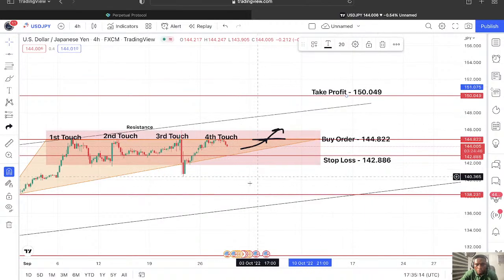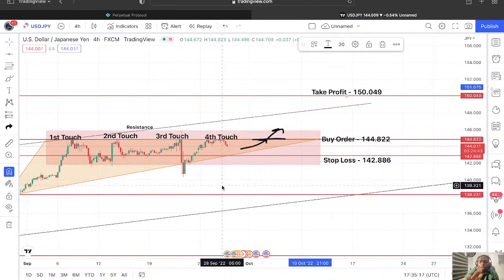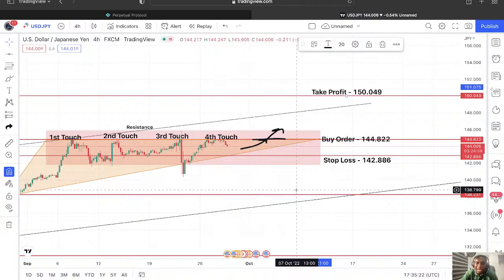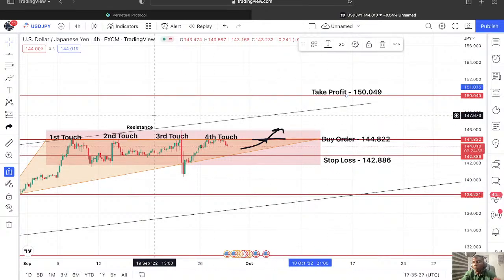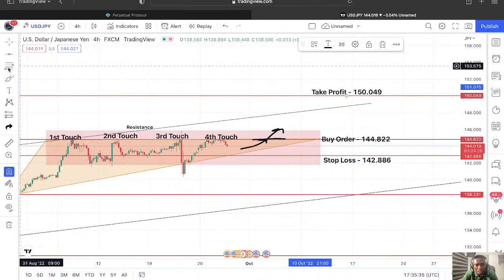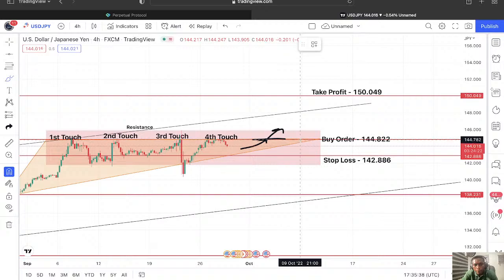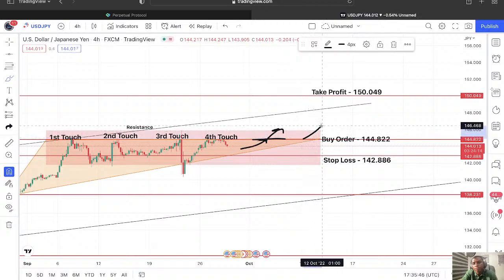So this is it. We've known what we are looking out for here in order for us to take the trade. All right. In everything you do, risk management is very, very important. So one of the strategies I use in hedging is that when price breaks out of here, away from my buy order, breaks through my buy order, which means I'm in profit,